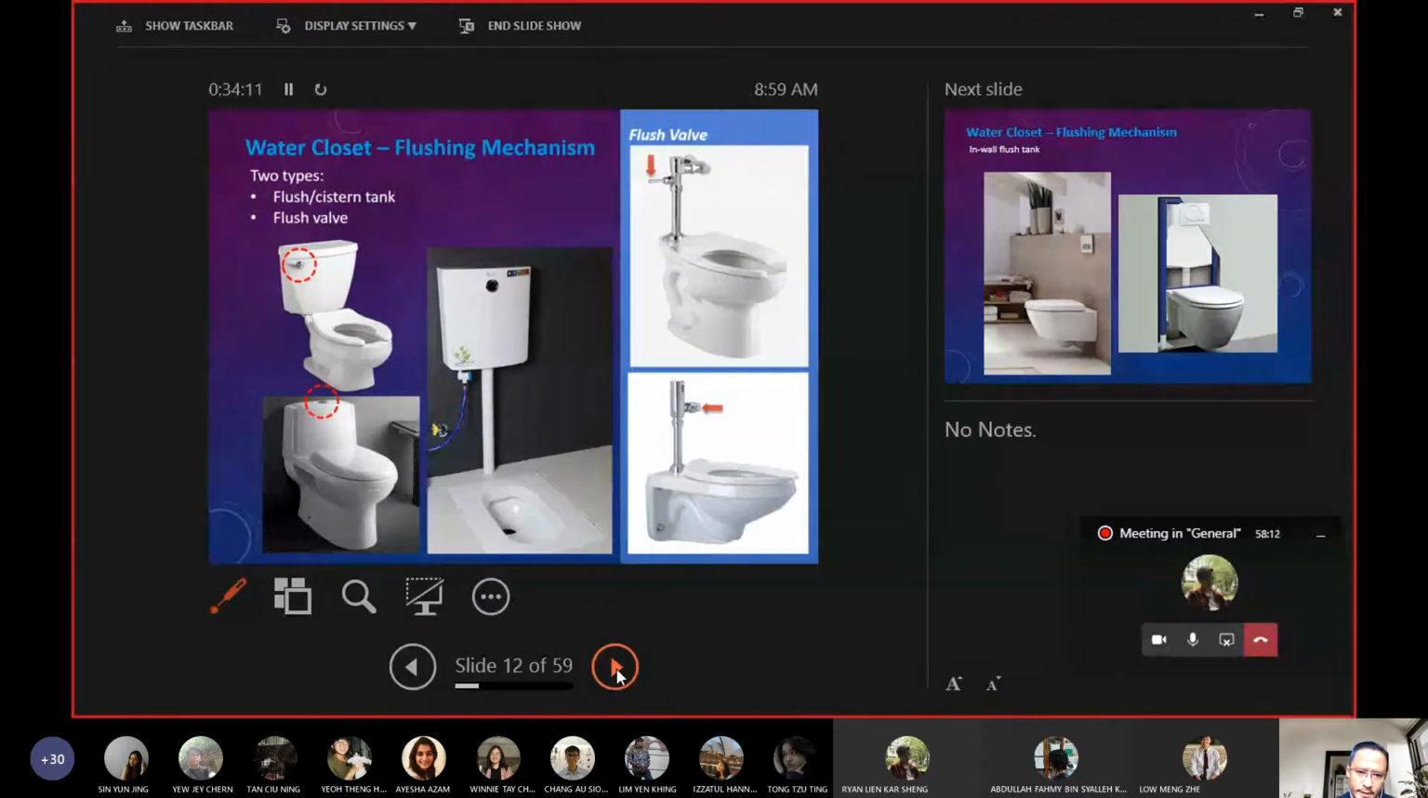And then for the flush valve also there are two types. One is the one that you have to pull, you have to push the valve down to flush. Another one is the one that you need to push the button to flush the water. And if you look at the two images on the left on the cistern tank, I think some of